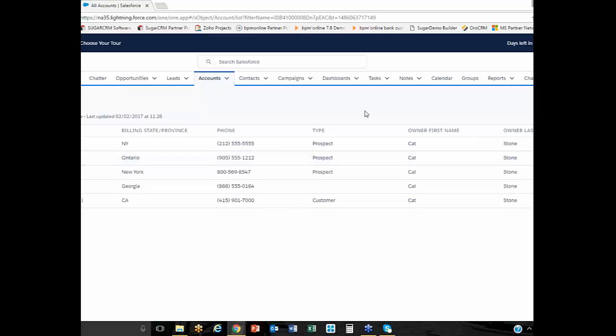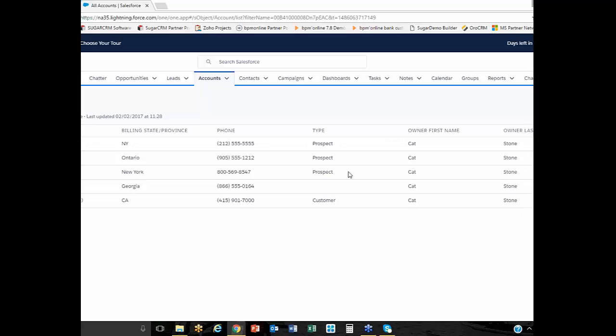I can modify the filters. Kevin may have shown you that you can click and reorganize the columns in the filter view of Sugar. Can't do that with Salesforce. That's going to be a little bit of difference. What you can do though is modify your view that you're in through this little component right here. Edit the list and also select fields to display in the order in which you want to display them.